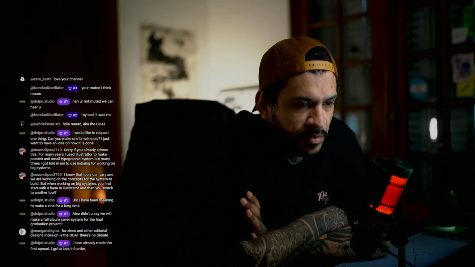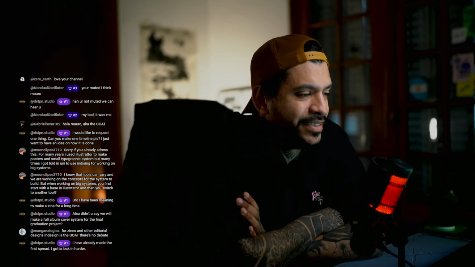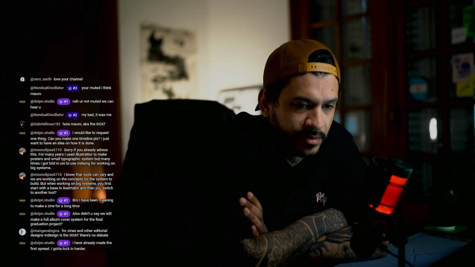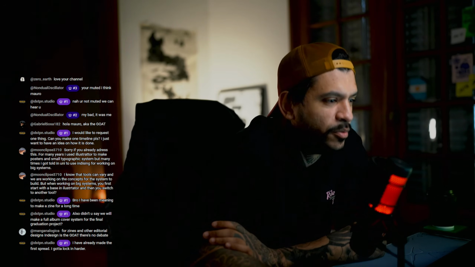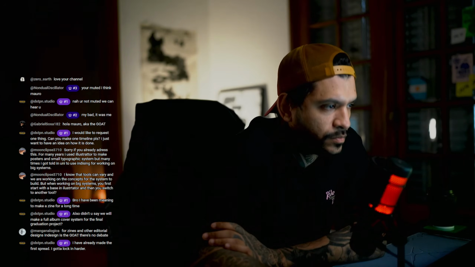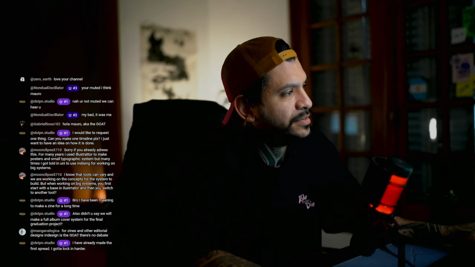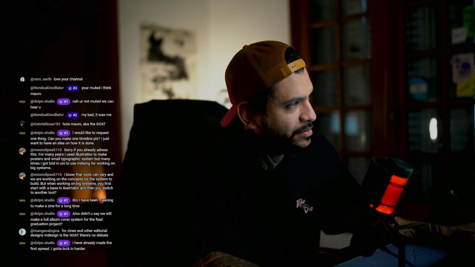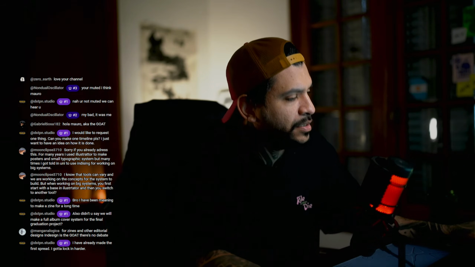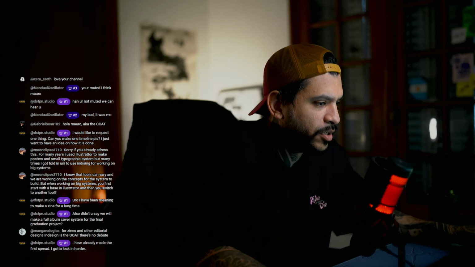I have made my first spread. I gotta lock in harder. Yeah, this is a lock-in assignment. This is crazy. But if you manage to make something cool, you have a pretty cool portfolio piece. You know what I mean? I like this, but I should work more on it. I'm pretty tired. Doing this killed me because this is really hard. Let me see how it looks if I put it on the mockup.